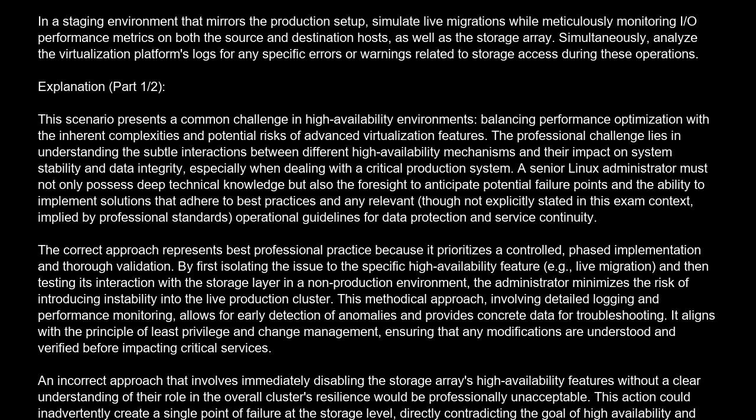By first isolating the issue to the specific high availability feature, e.g., live migration, and then testing its interaction with the storage layer in a non-production environment, the administrator minimizes the risk of introducing instability into the live production cluster. This methodical approach, involving detailed logging and performance monitoring, allows for early detection of anomalies and provides concrete data for troubleshooting. It aligns with the principle of least privilege in change management, ensuring that any modifications are understood and verified